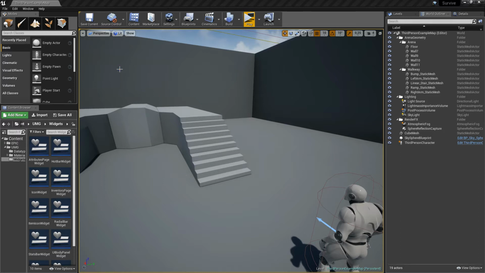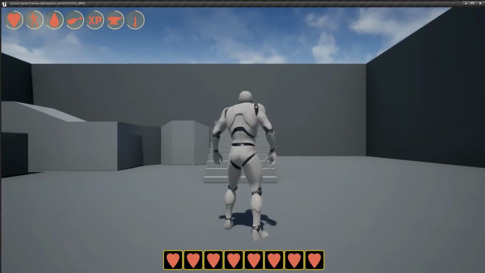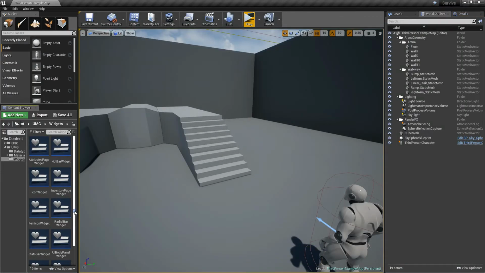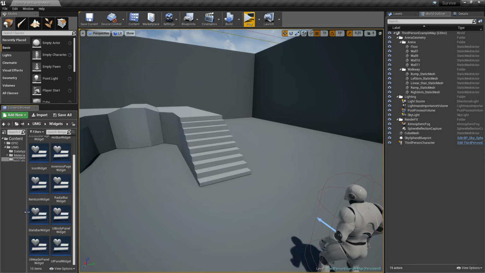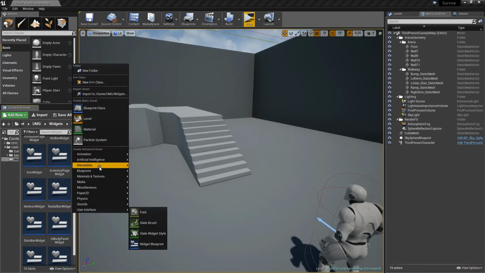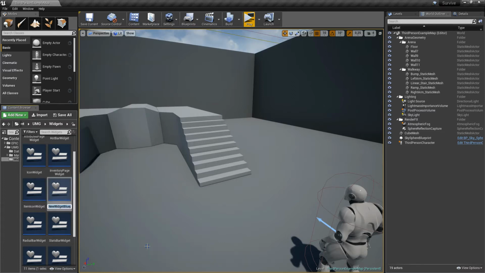The last time we left off at our UI pages. We set them up so we can click our buttons and change the pages. And now we're gonna fill them with the attribute bars. So that's the first set of widgets we're gonna create here. We just add another widget in here, make a right click, the interface widget, and this will be the